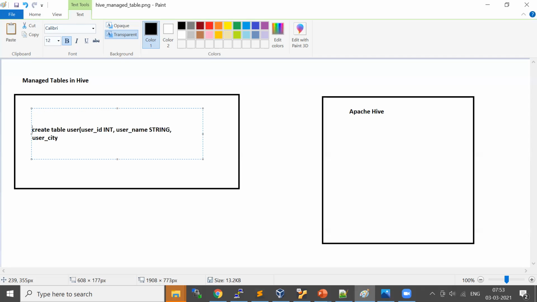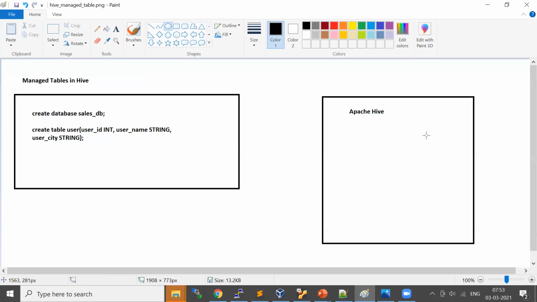either you create a database. For example, I just create database and I create a sales DB. This is my database. This is a command to create a database in Hive. Whether I create a database or I go and create a table here, it is going to store all this metadata information on a component called Metastore.